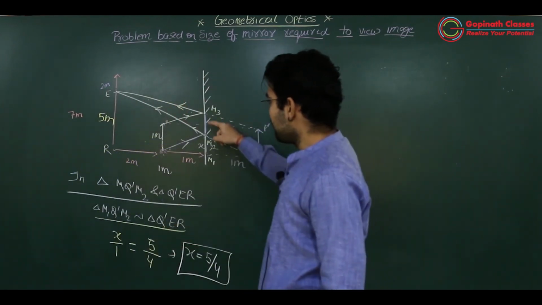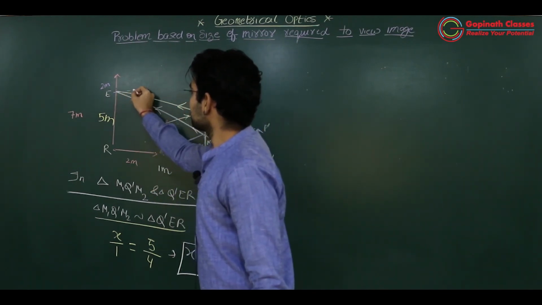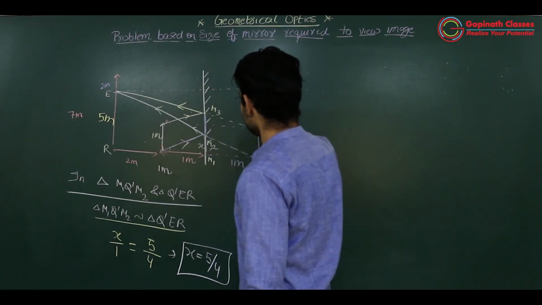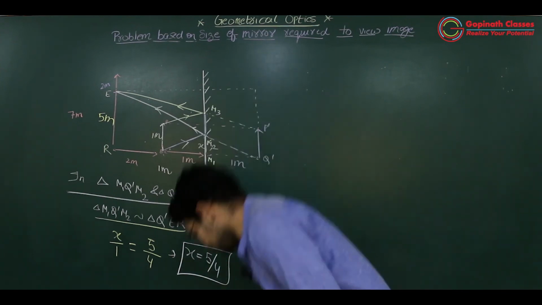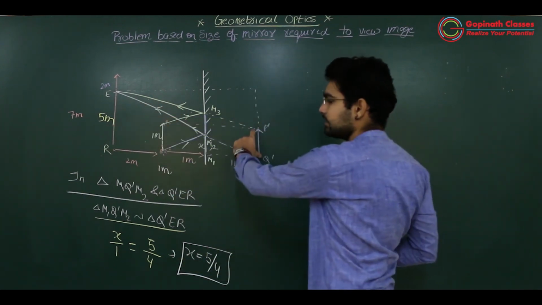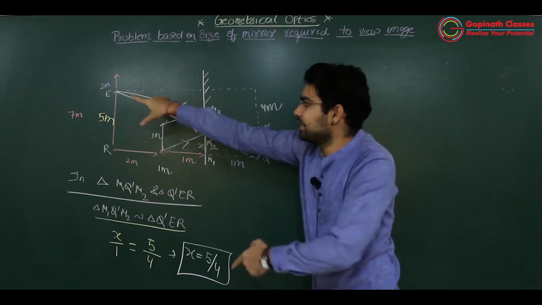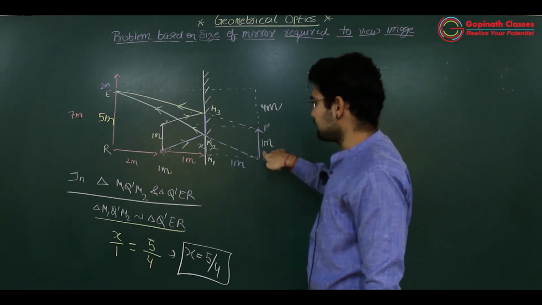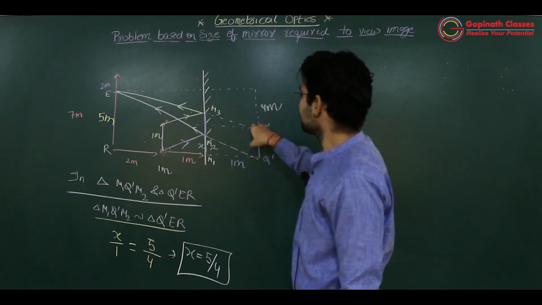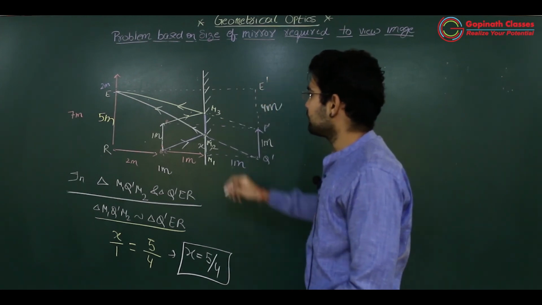Now we have to calculate only M2 M3. What I am doing? I am just drawing a straight line which is meeting at this point. Total height, this total height is 5 meter and this height is 1 meter. So remaining कितना है? 4 meter. Total height is 5 meter from eye to eye, and this is height of image 1 meter. So remaining one is 4 meter. This P dash, I am just considering this name as E dash, and this one M4.